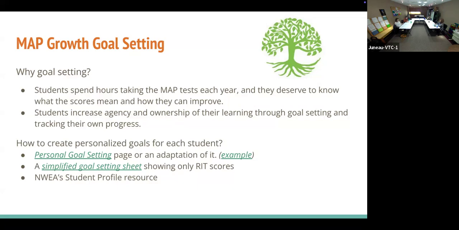And then you'll see in all the reports that Holly emails you, they'll tell you what the typical growth would be by the end of the year. So I would share with my students, this was your RIT score in the fall. By the end of the year, we'd like you to grow by 10 RIT points. And then we would keep track of it. And we did it for math, reading, and language usage. And then on the back, I would take those areas to focus on and identify vocabulary and things they could work on. That's a good idea.